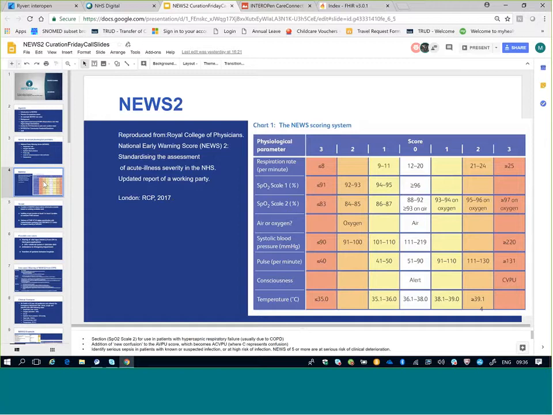And the other change from News is they have added new confusion. If you look at the consciousness, there is alert, which is a 0, and then you get CVPU, the C stands for new confusion. The standard scale before that was AVPU, which included the patient being alert or responding to voice or pain or unresponsive, and you get a score of 3 for new confusion. By adding new confusion, they have aligned it to sepsis. Now News 2 can be used to identify sepsis. A News 2 score of 5 and above